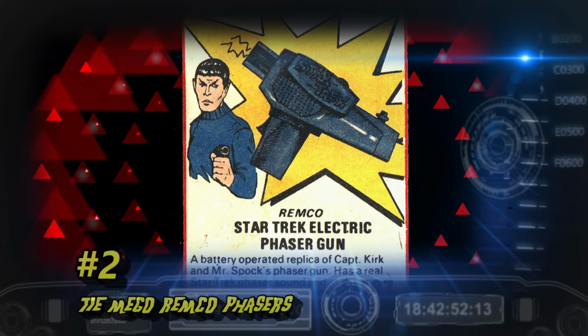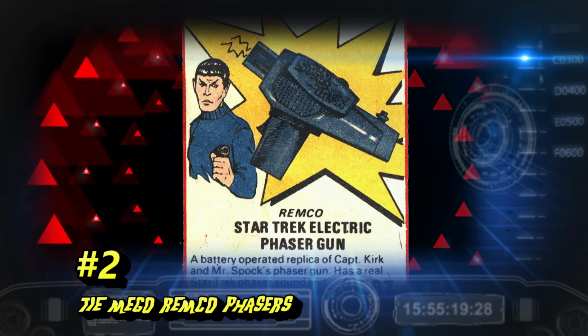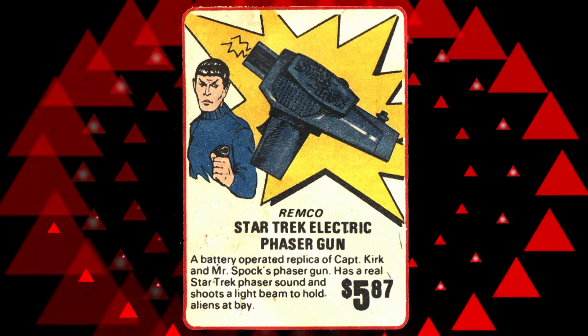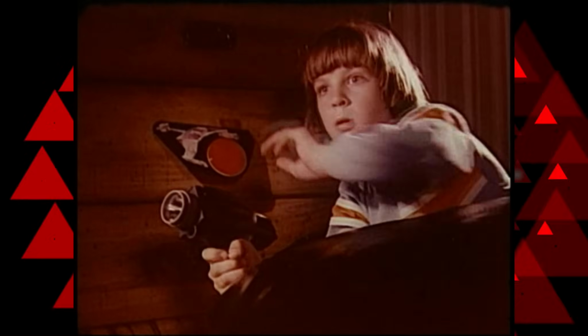Number 2, I have a tie between the Remco electronic phaser and the Mego Star Trek phaser game. The phaser will forever be in the top 10 of science fiction weapons, and my heart feels the same way. I think it's awesome that we had two different companies competing for the same market with different ideas. Remco gave us kind of a light-up projector gun, and Mego gave us a very, perhaps too soon, version of